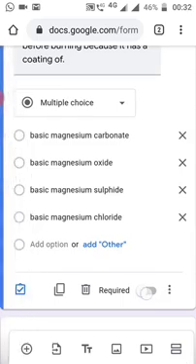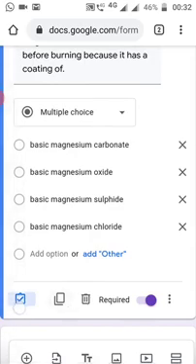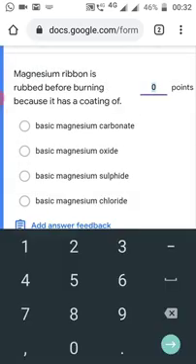The first one is required. If I click it, it means the candidate will have to compulsorily attempt this question. You cannot skip it. Second, this is to delete the question. Next is to copy the question. This particular option is to define which one is the correct answer and what the marks will be, what grade or marks will be earned from this question.